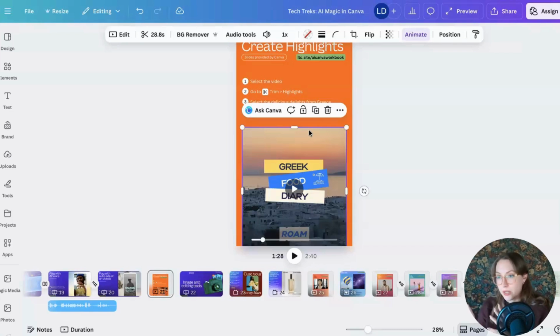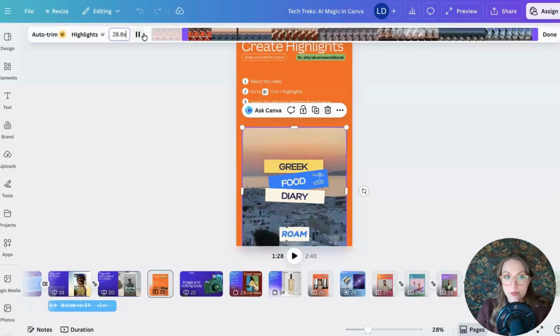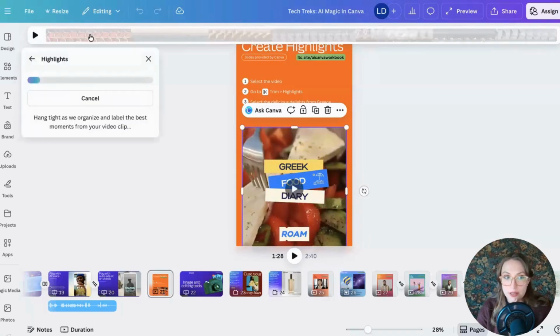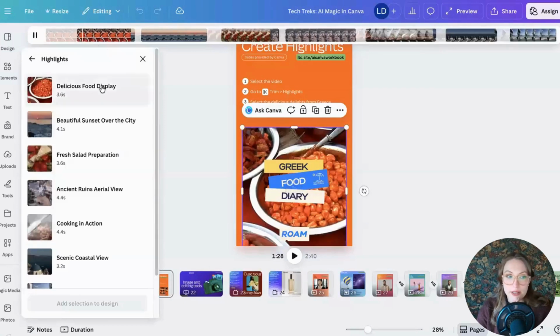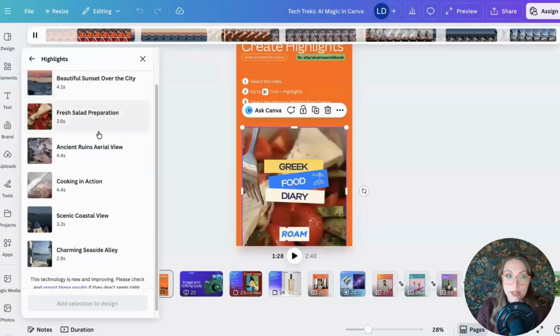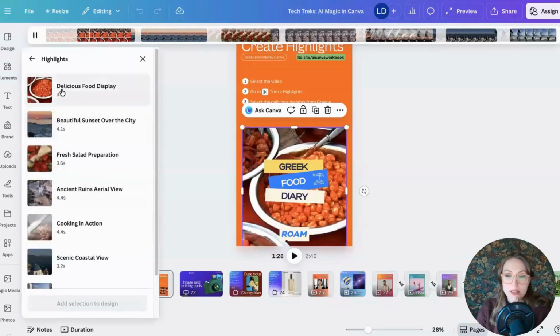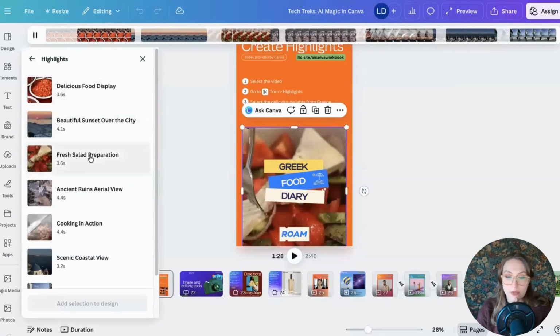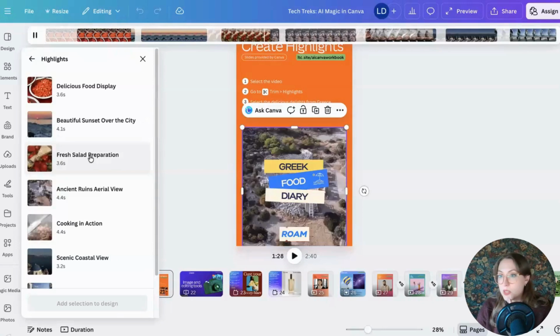You want it to just show the best parts of the video. You want it to cut out all the unnecessary stuff. And you click this little trim button at the top. And from there, you have an option to just do highlights. And if I just click highlights, it's going to tell me what it's going to highlight. So it decided that the delicious food display, the beautiful sunset, the fresh salad prep, those were the most important